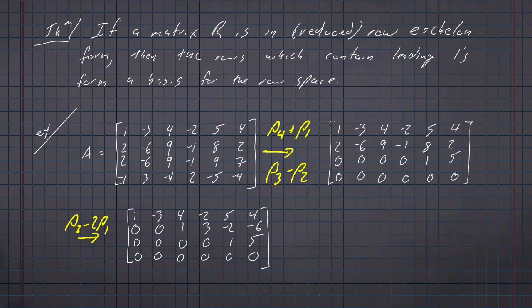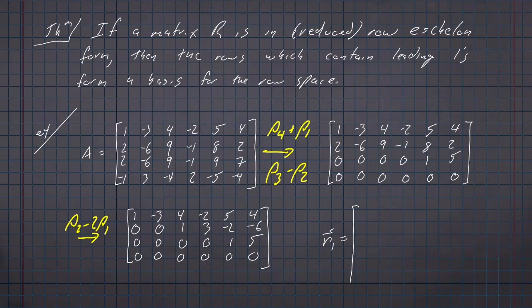Every row starts with a 1. Everything below that 1 is a 0. And everything to the left of the 1s is 0. So we have an entire 0 row. 0 rows are not rows which contain leading 1s, so they are completely out of the basis. The basis for this particular row space will contain 3 vectors,